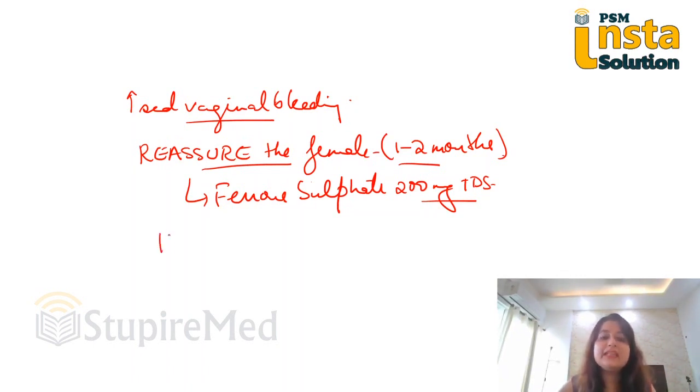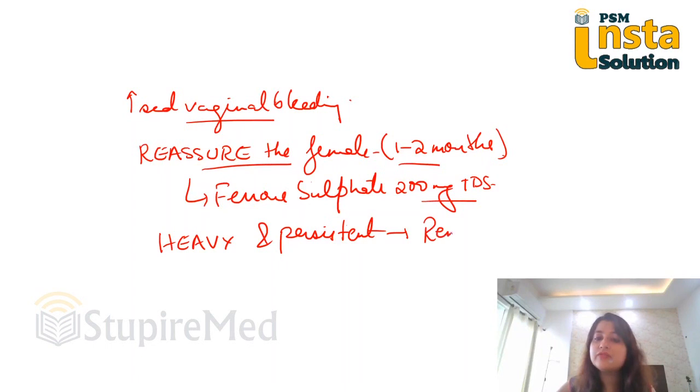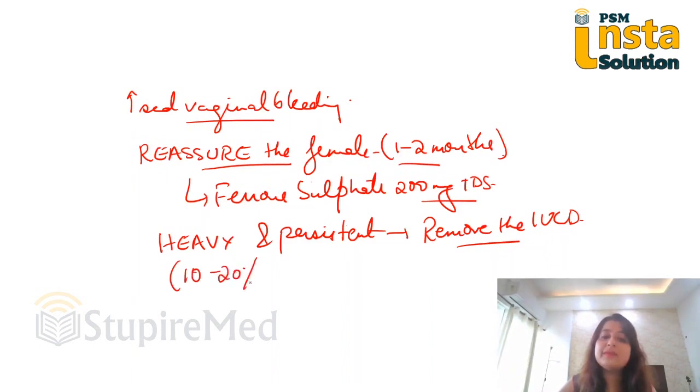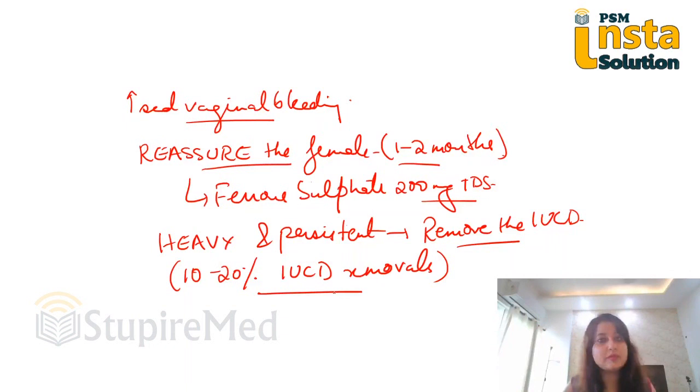However, if the bleeding is very heavy and persistent, then you have to remove the IUCD. All right, if it is very heavy and persistent. And bleeding is responsible for almost 10 to 20% of IUCD removals. This is again an MCQ question, that increased vaginal bleeding is responsible for